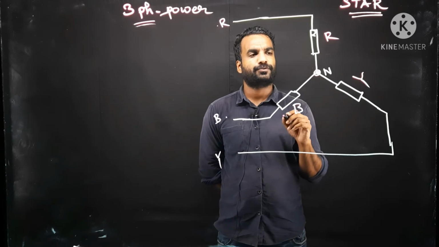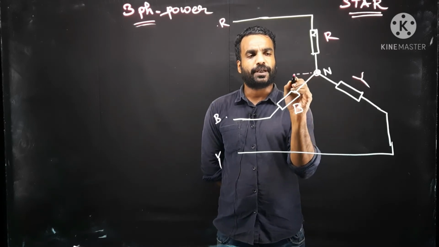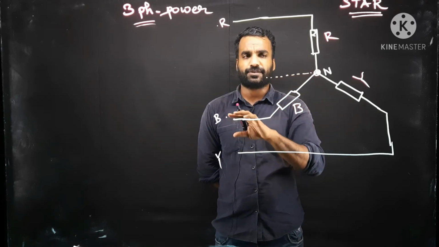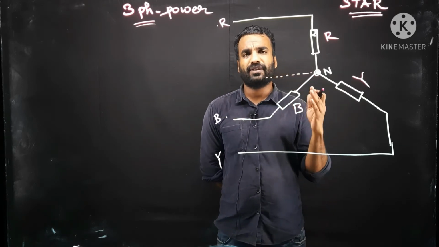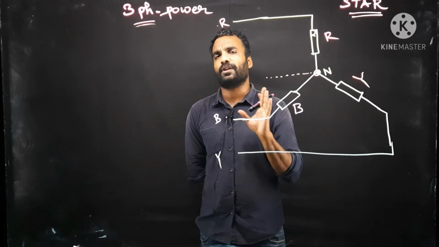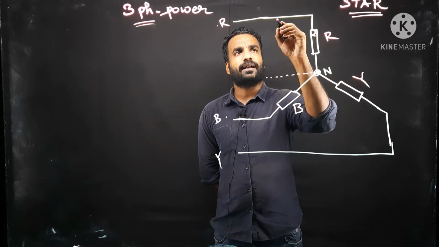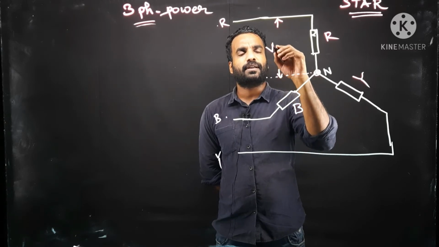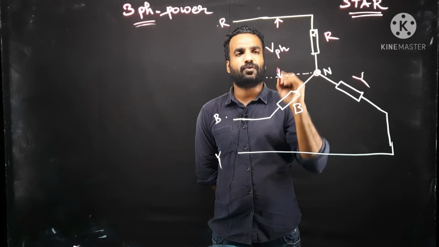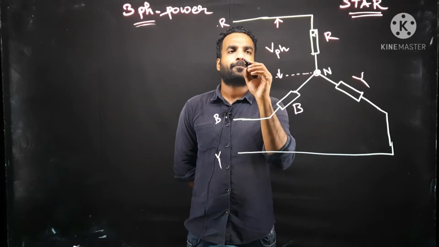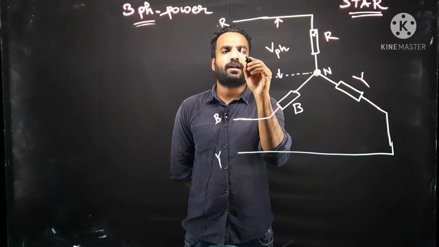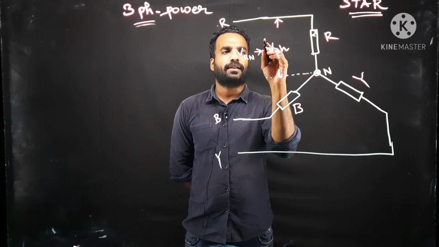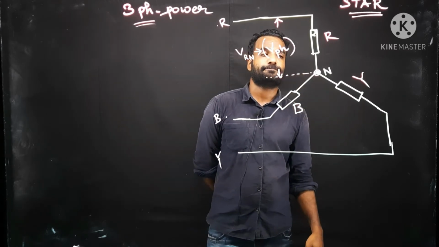Okay, so what is a phase voltage? If you are taking this connection, this RYB connection into your home, you don't need high voltage, you just need only 230 voltage only. So that can be taken in between the phase and this neutral. That will be marked as phase voltage, or VRN, in between this R phase and neutral. That is known as phase voltage.